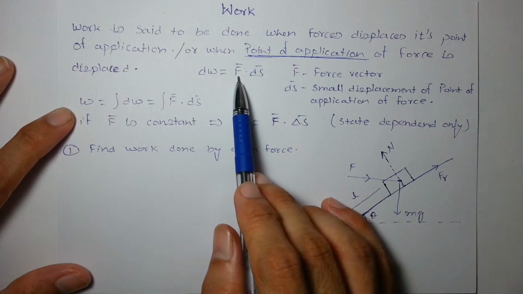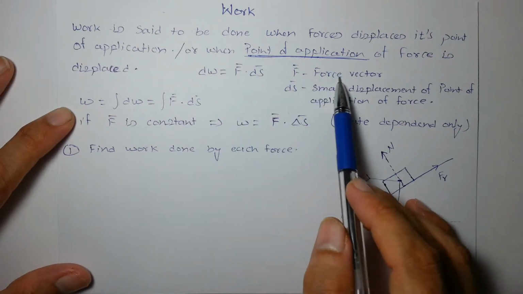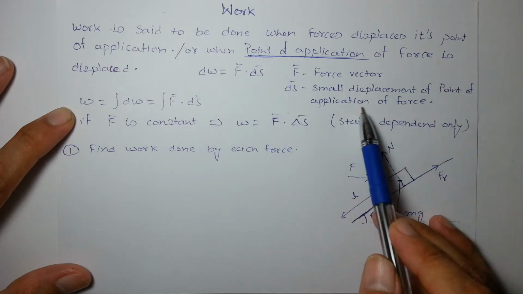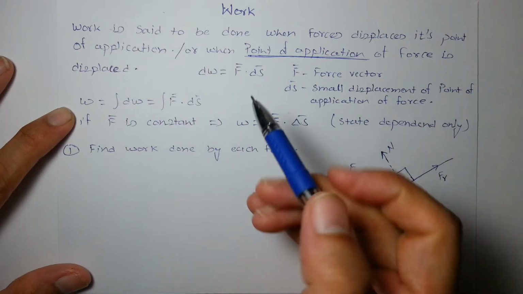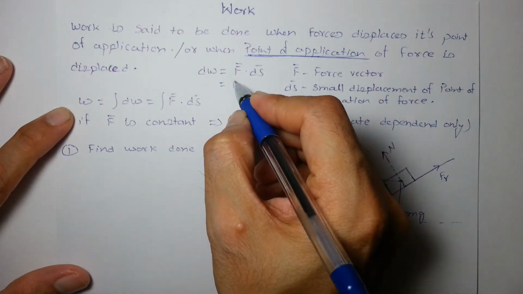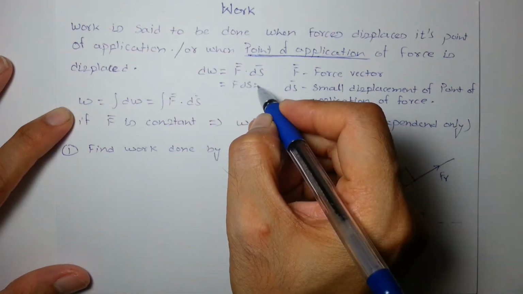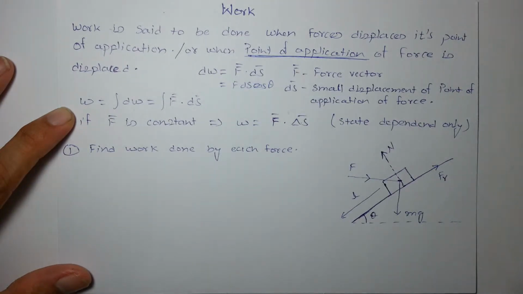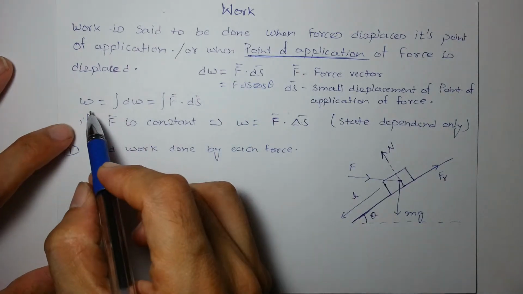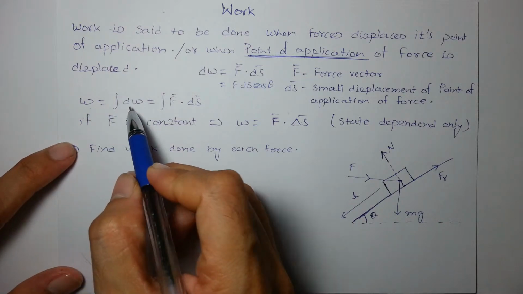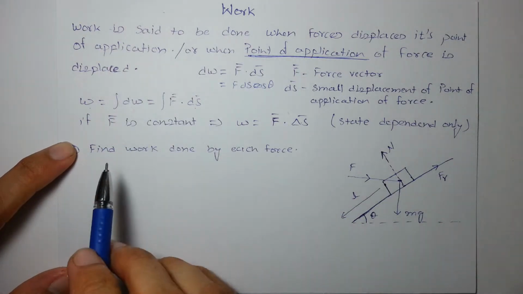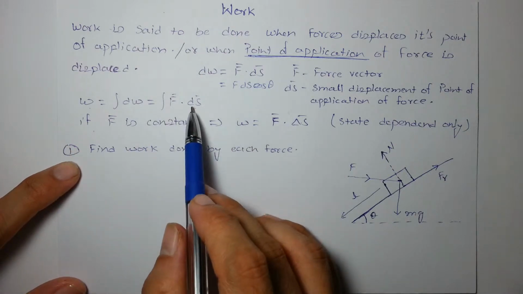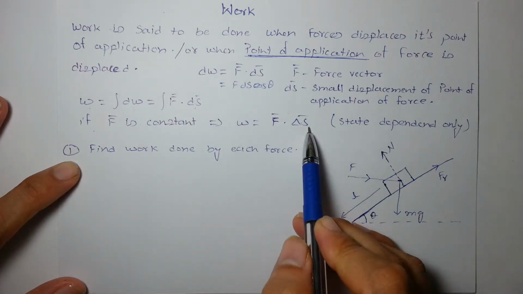Small work is defined as F dot ds. F is nothing but the force vector. ds is the small displacement of point of application of force. You can also say F ds cos theta, where theta is the angle between F vector and displacement vector. So to calculate total work, just integrate that. And if force is constant, it can be taken out, and integration of ds will be delta s, which is